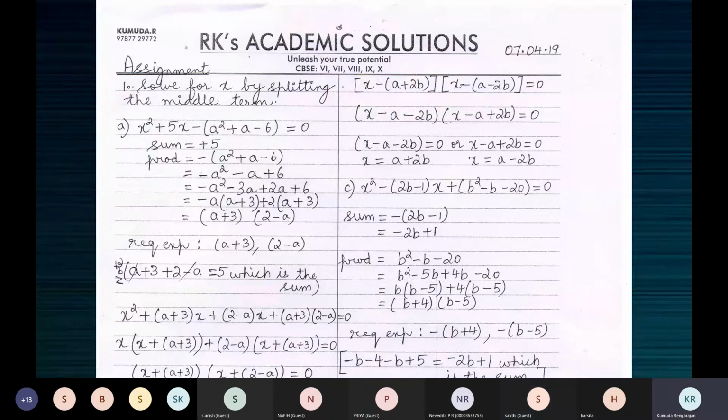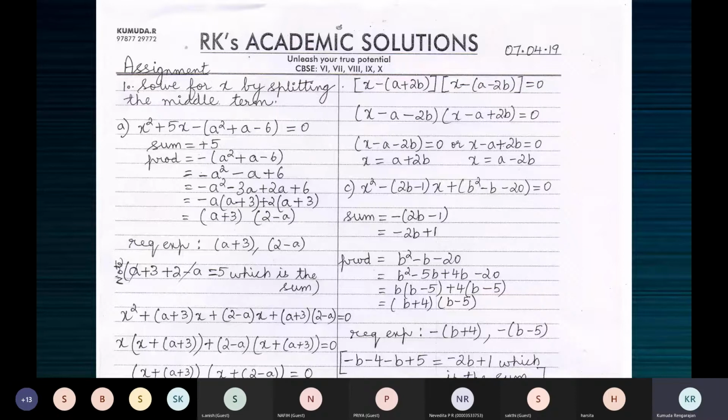All right. So ax square plus bx plus c is the standard form of a quadratic polynomial in one variable x. A, B, C are real numbers. The most important condition, the coefficient of x square, which is a, should not be 0. Because as one of you rightly mentioned, if a is 0, then the polynomial will no longer be a quadratic polynomial. It will become a linear polynomial. All right.